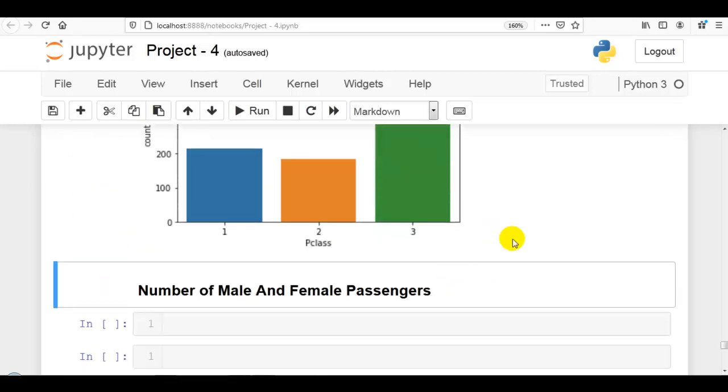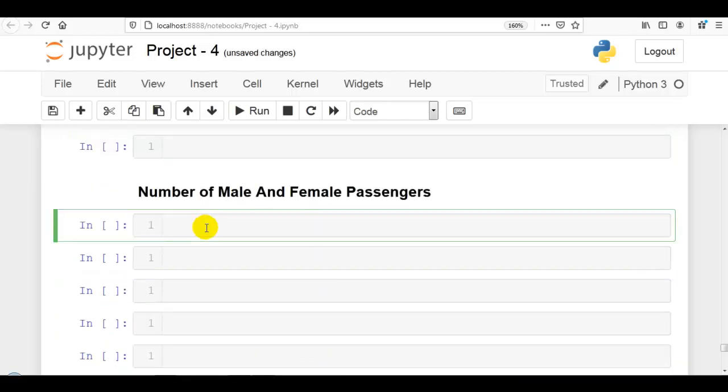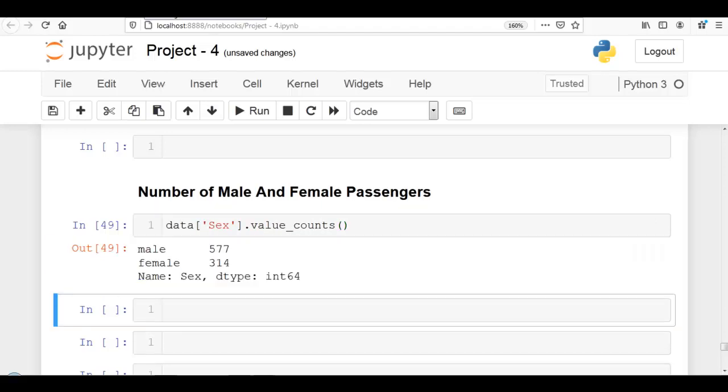Let me show you another example. In this we have to find the number of male and female passengers. For that we have to work on this sex column, dot value_counts method of the pandas data frame. Let me execute this cell. As you can see over here, the number of male passengers and the number of female passengers.